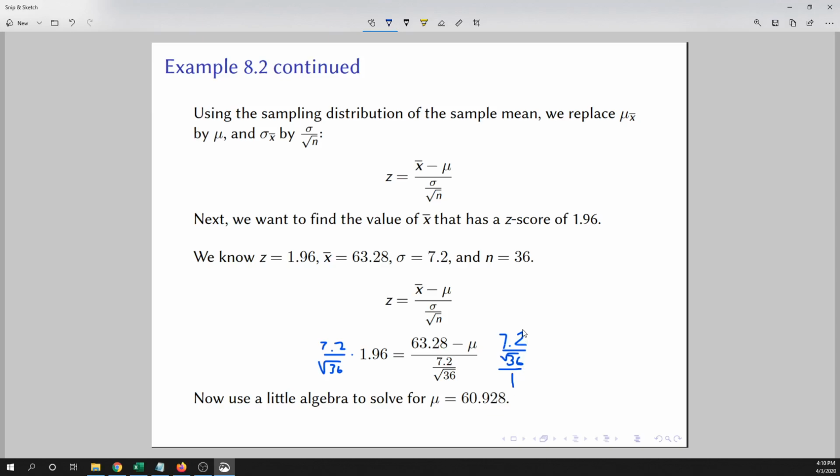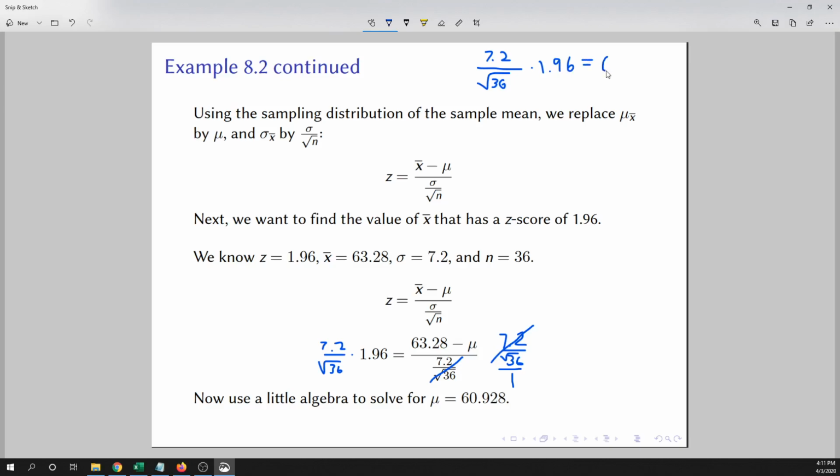And even though my writing's big, this is really over 1. So on this side, these things are going to cancel out. And so what I'll get is 7.2 times the square root of 36 times 1.96